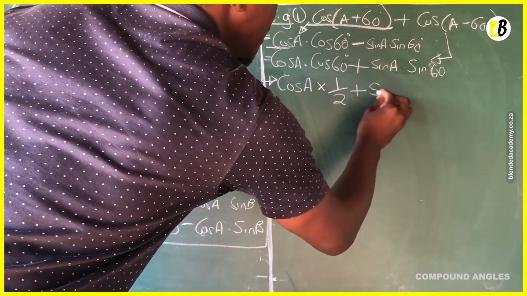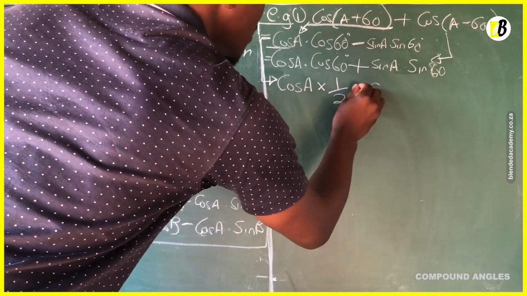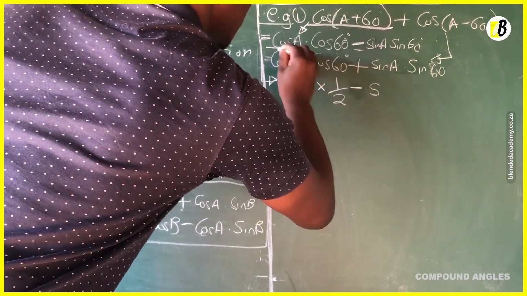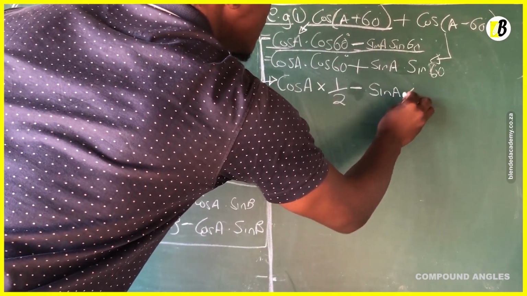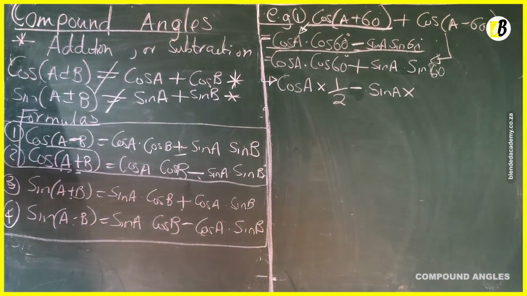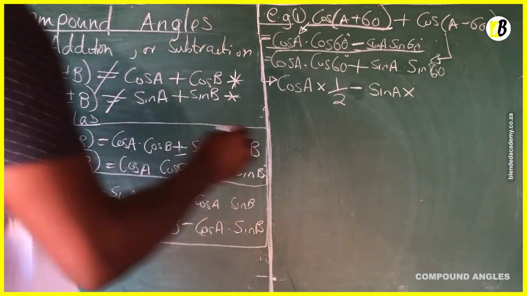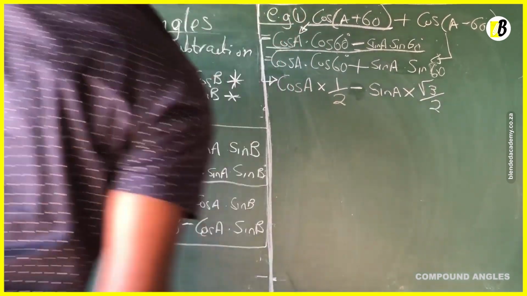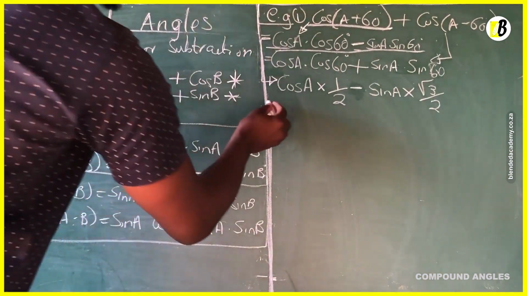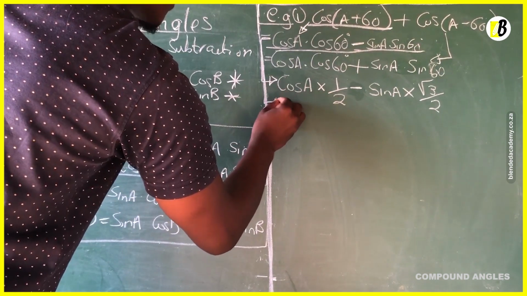Sine, sorry, we're dealing with the first one, which is a negative, that one. Dealing with this one here. So it's minus sine A multiplied by sine 60. From special angles, we know that it's equal to the square root of 3 over 2. And then solving this further now, it's going to be,